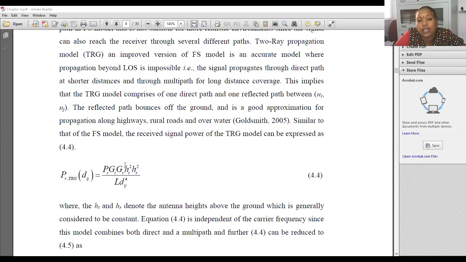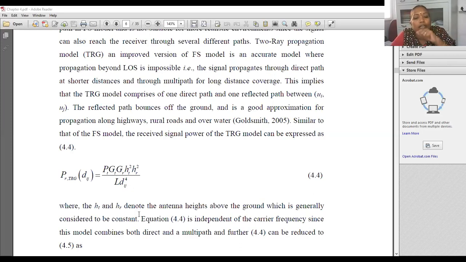HT and HR represent the height of the transmitting antenna and the receiving antenna. In this, GT, GR, HT, HR are all almost constants, and L is loss, and Dij is the distance between the two nodes.